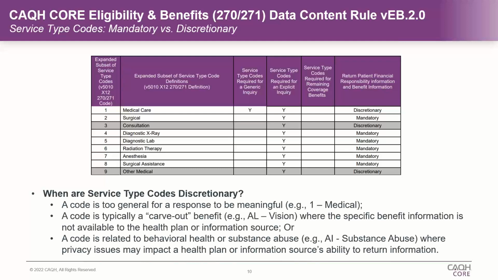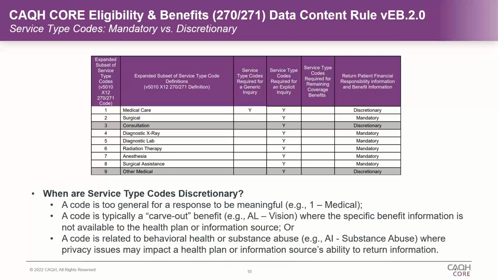And to that end, when the response gets generated, it's likely going to be whatever that first service type code is that came in the door to the payer. And depending on what system you have, how many hops it has to take, if there's a clearinghouse involved, or if there's multiple translators or a homegrown translator, the same way it went out the door from a provider doesn't necessarily mean it's the same way that it will come in the door to the payer.